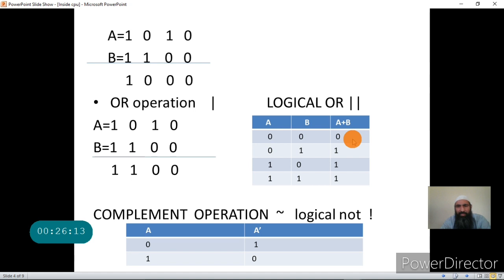Opposite of AND, where the result was 1 when both bits were 1, and the result was 0 if any of the bits was 0.